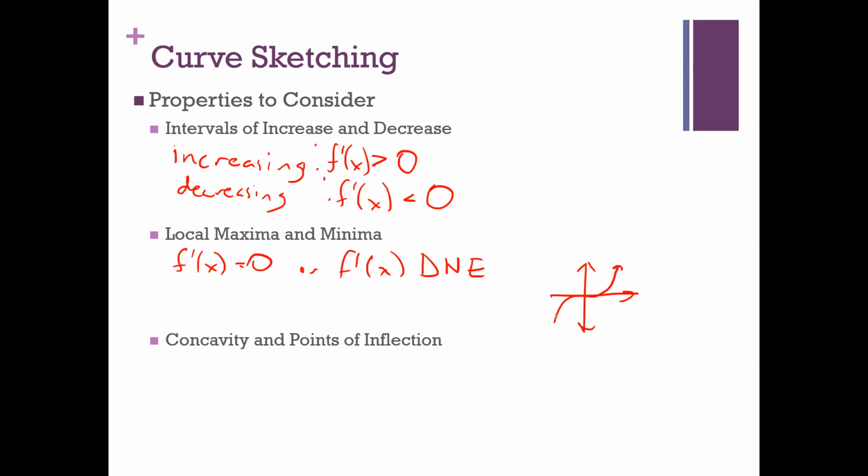Definitely has a critical point at the origin, but I could not call that a local min or a max. And the same thing with points that don't exist, but also are not local. I would not call that a local min or a local max. I thought you said you couldn't count that. No, I think I said there's something else I couldn't call it, but what you're describing is, I think,